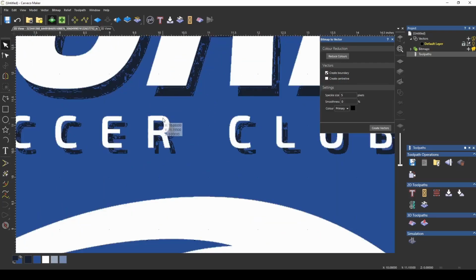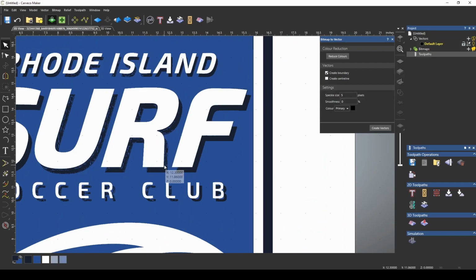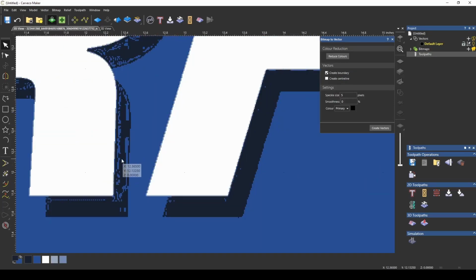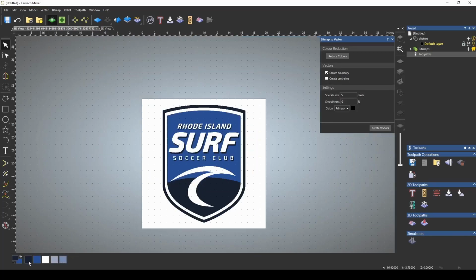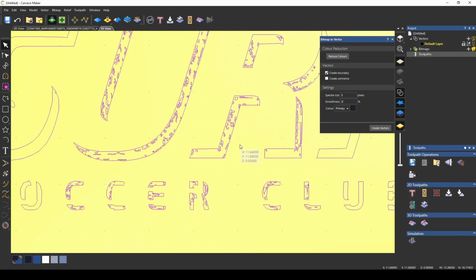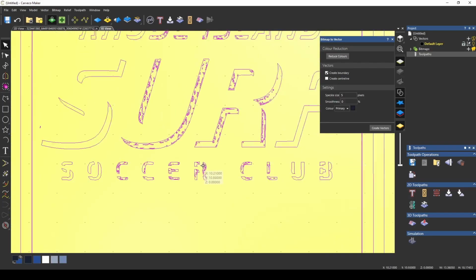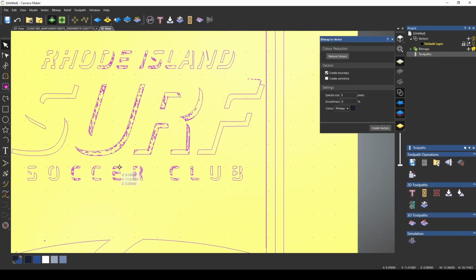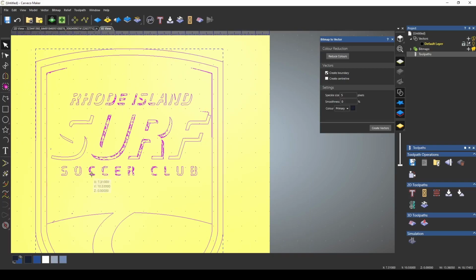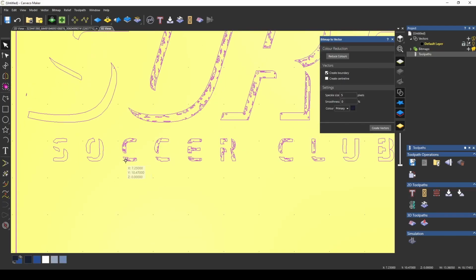We also have this shadow that each one of these letters had that we also are not going to be able to capture because of the holes that are in those pixels. So it doesn't make a lot of sense to try and capture that. If we were to try to capture that now, let's pick that dark color and we create vectors. And now if we go to our 3D view, you can see that it created all these little tiny vectors where all of those pixels were. And this can give you a lot of work to try and work all of that out. It's easier to condense those colors down and either come back and draw those in manually, or to try and condense them down where it gives you as few graphical errors as possible.